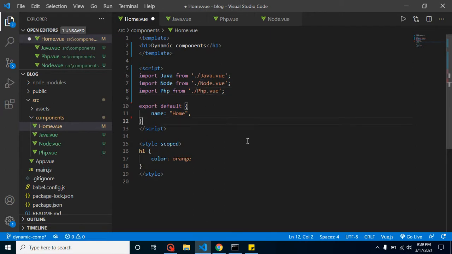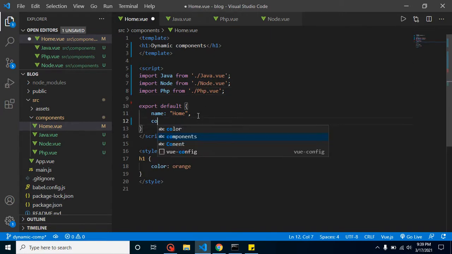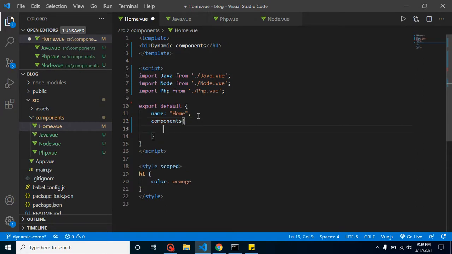Perfect. Now let me put here components, which is an object property, so that we can register these components, and now let's register our Java, PHP and Node also.